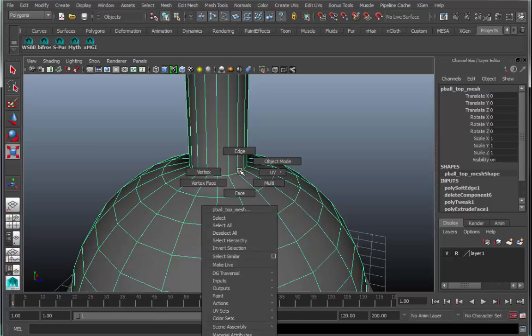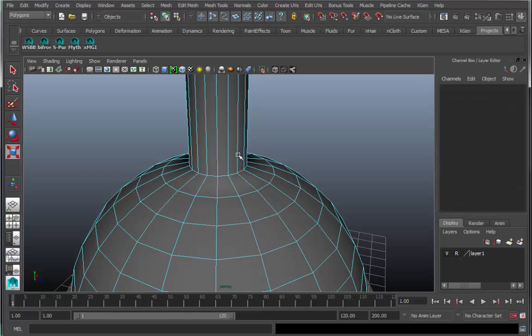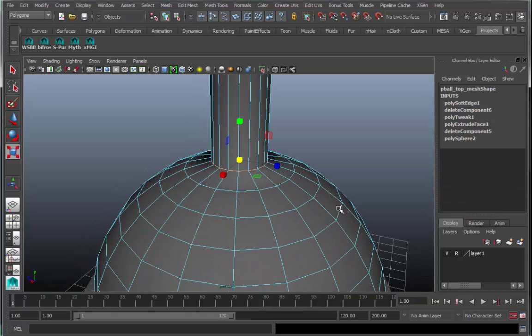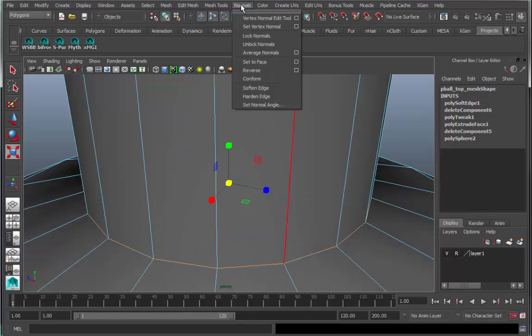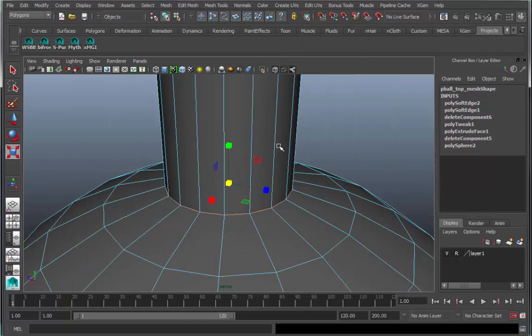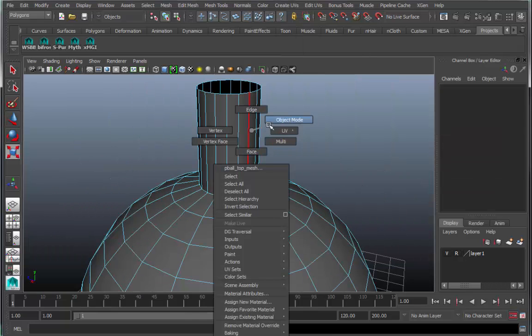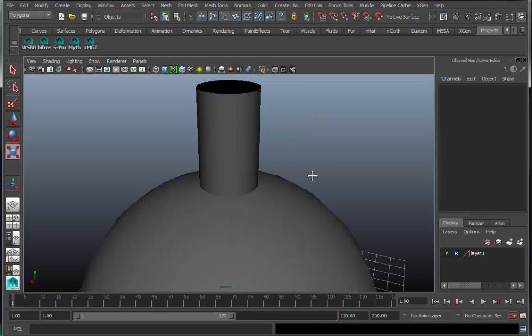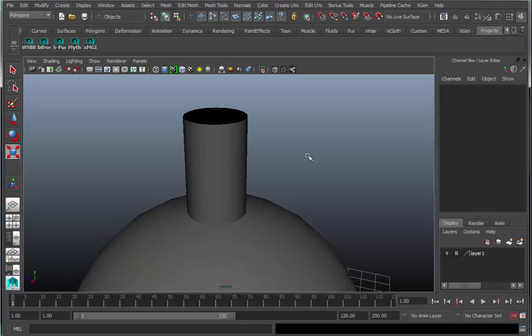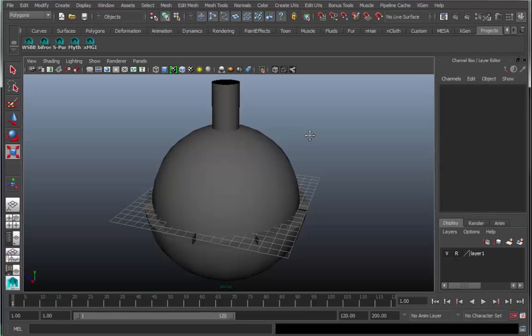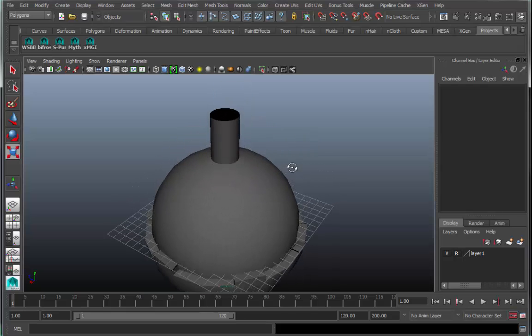So instead we want to grab this ring using the edge selection tool, double click, and it should just select that neck ring, and it is this ring that we want to come up to normals, go down to harden edge, and that hardens that edge. And with that edge adequately hardened now, it's got a very hard obvious break from the sphere, it allows the rest of the smoothing to look perfectly acceptable. So with this selected now,